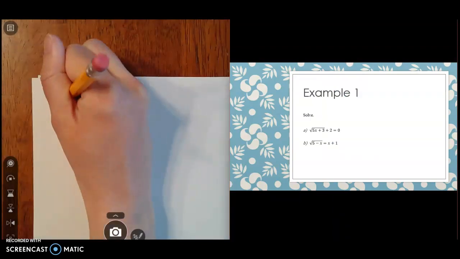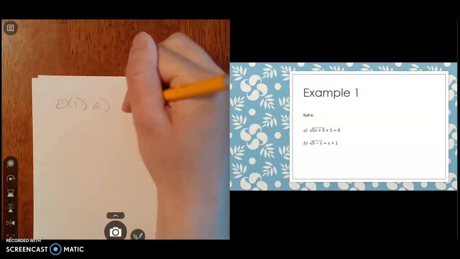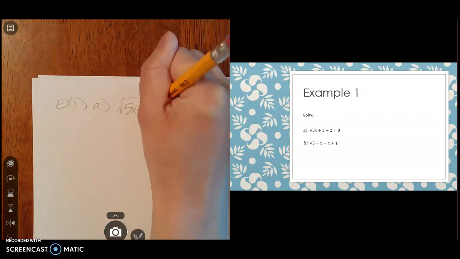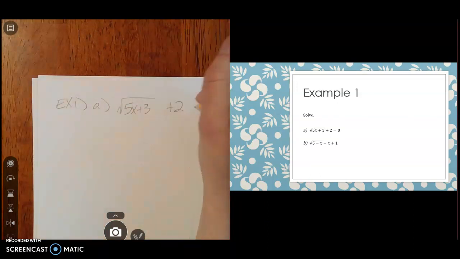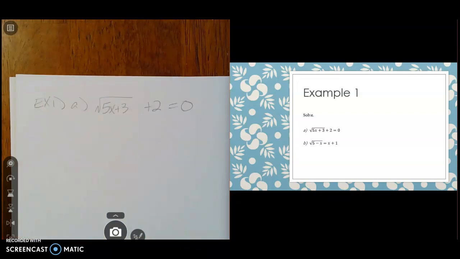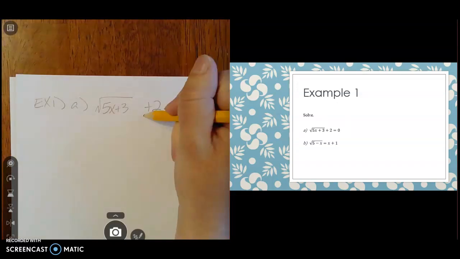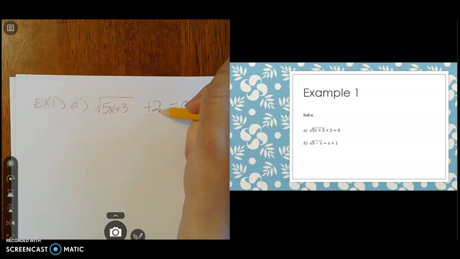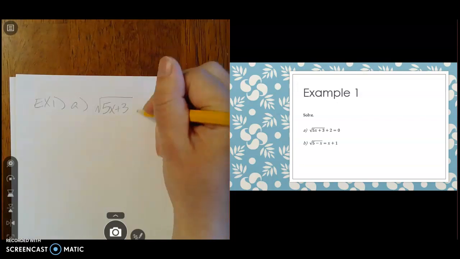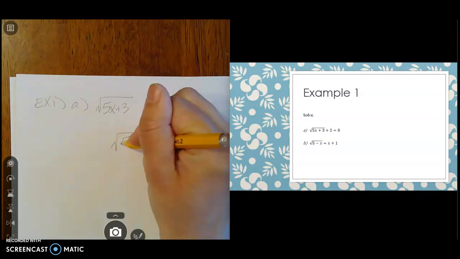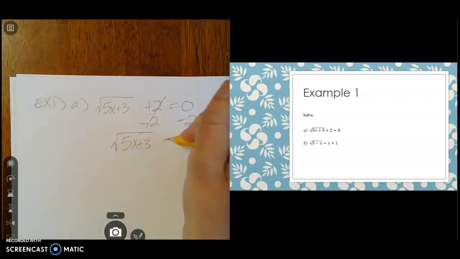The first one I have for you, in example 1a, is the square root of 5x plus 3, plus 2 equals 0. First step should be to get the square root by itself. The only thing outside of the square root on the same side is the plus 2. If I want to get rid of that, I'm going to do the opposite operation. The opposite of adding would be subtracting. So now I've got the square root of 5x plus 3 equals negative 2,